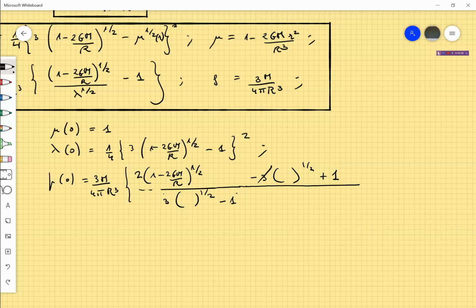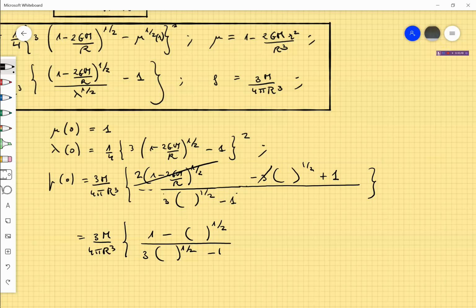This 3 cancels with this. You have 1 minus this expression to the 1/2 divided by 3 times this expression to the 1/2 minus 1. Okay, so this is P